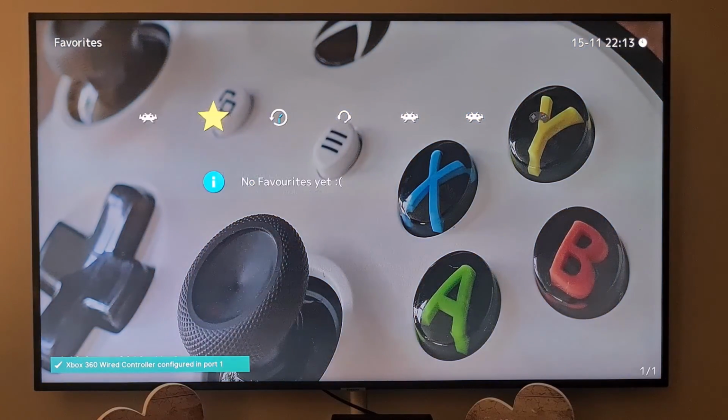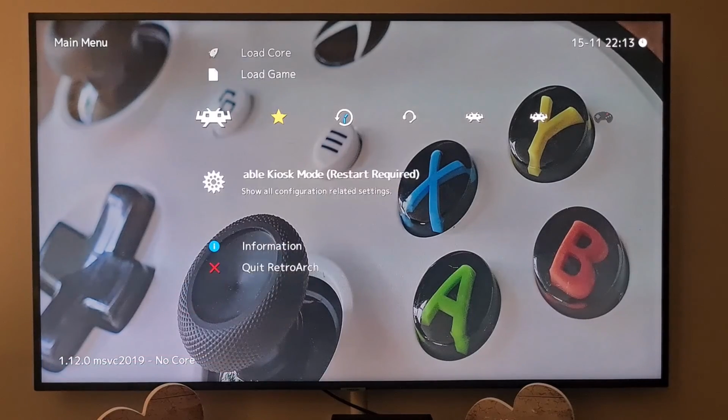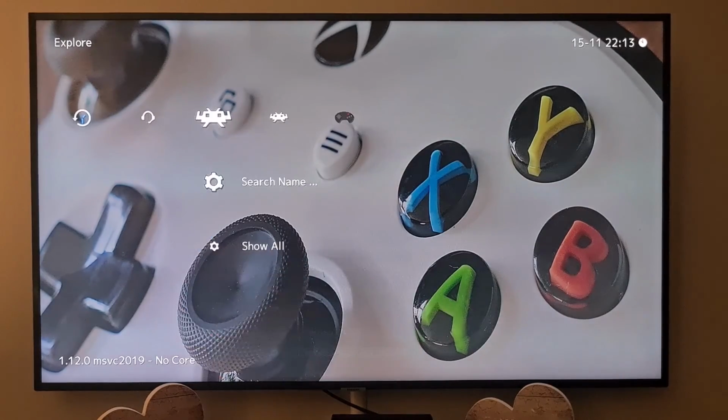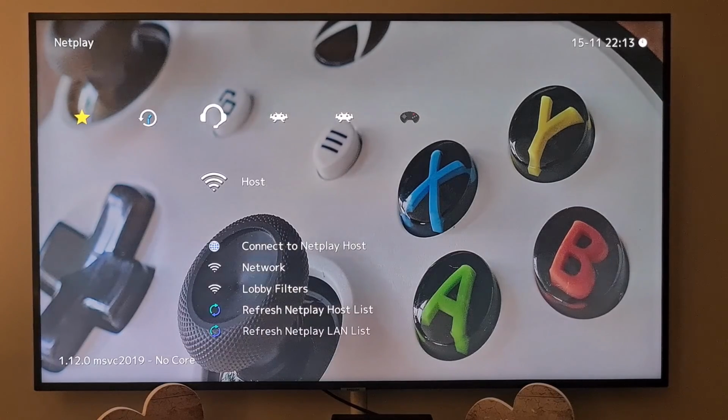And now we're in kiosk mode. So now a lot of the options have disappeared. The actual settings menu itself is gone. So it's a lot neater interface, and like I say, if you've got kids using it, they can't mess it up. And then obviously when you reach that point,